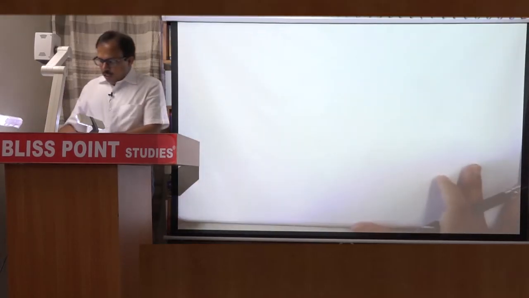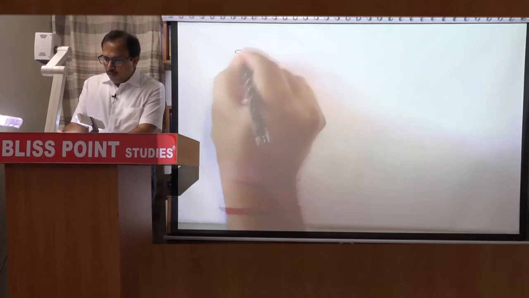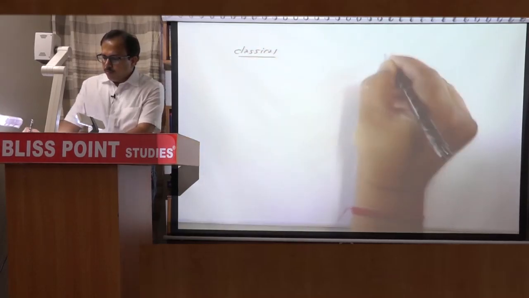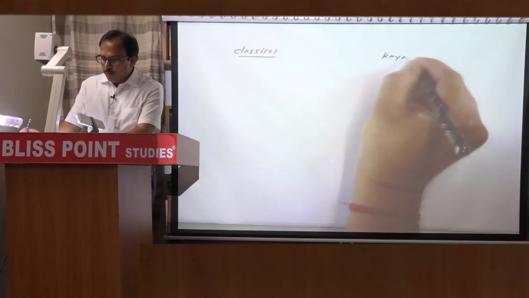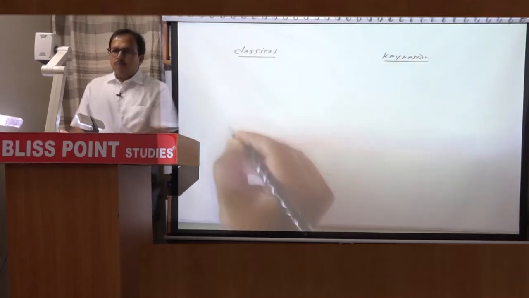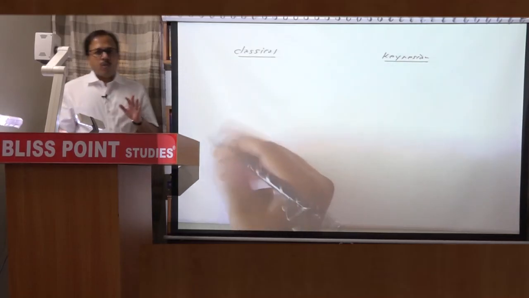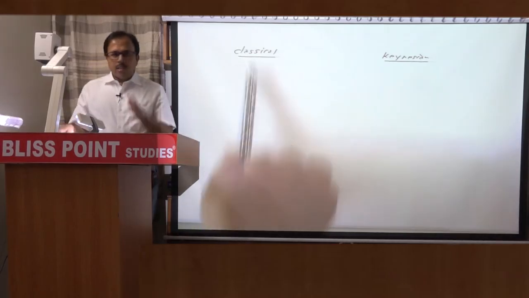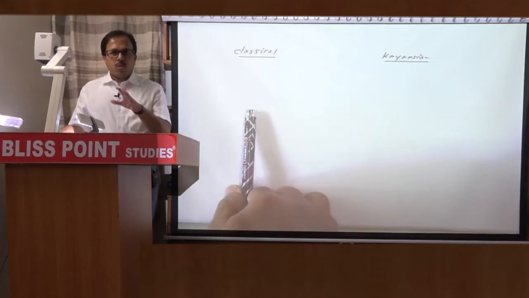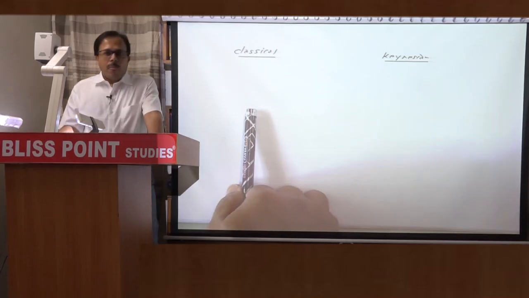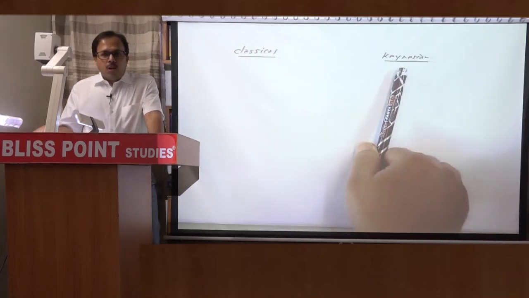So you can take a fresh page and write classical approach and Keynesian approach. Remember, these are two different schools of thought. That means they follow a certain principle. So all classical economists follow a certain principle. Similarly, Keynesian economists, they are following a certain set of